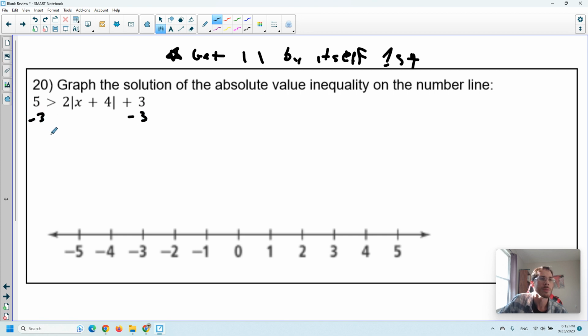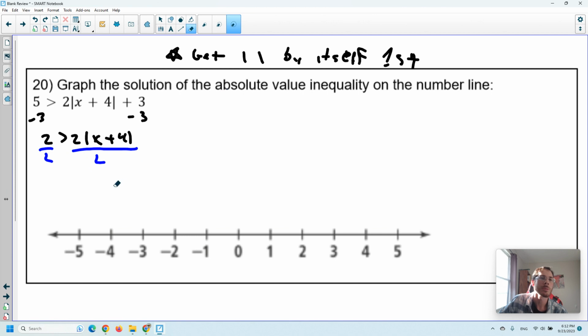So we're going to do minus 3 on both sides to get 2 is greater than 2 times the absolute value of x plus 4. I have to then divide everything by the 2 that's out front. I can't distribute. That's not what I'm doing. I have to get the absolute value by itself first, so I'm not allowed to distribute first. So that's going to become 1 is less than,